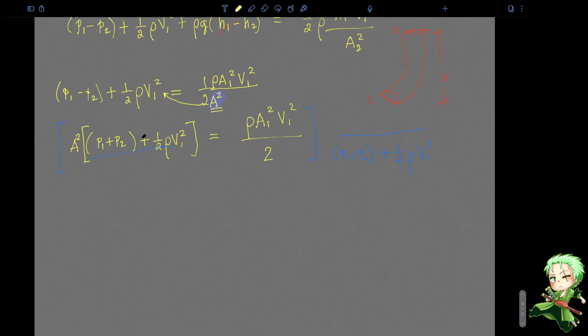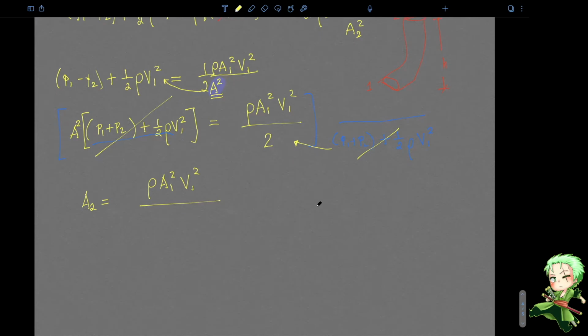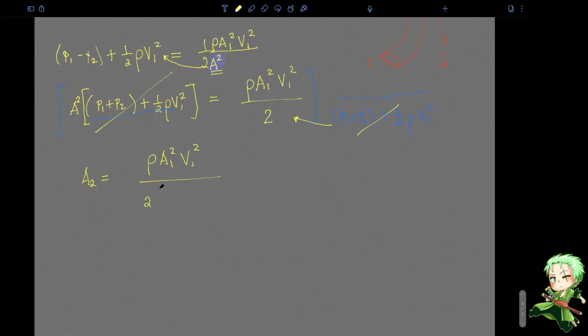What happens on the left-hand side is that the term beside A2 will cancel out, and then what is left is I will multiply this whole term with the term on the right-hand side. That will simplify our equation. We will have A2 is equal to, copy the numerator, rho A1 squared B1 squared, everything divided by 2 and multiplied by